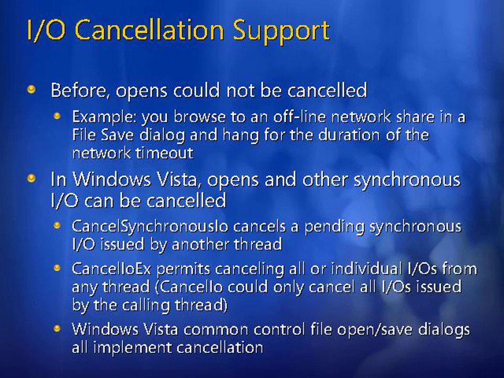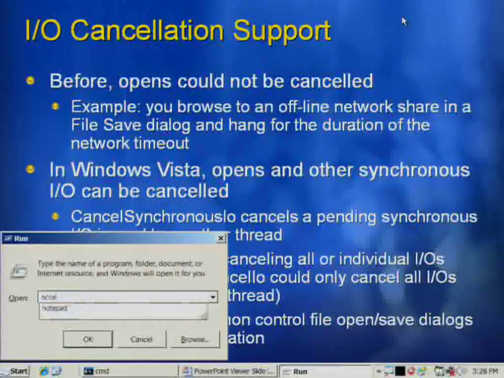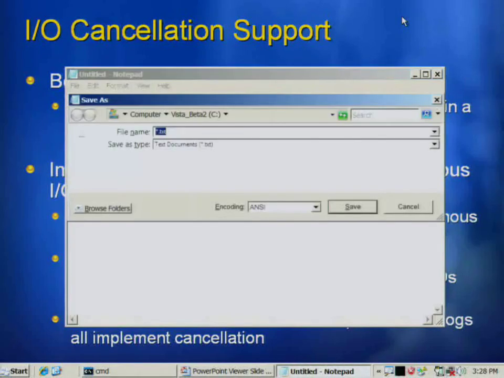Now this one has a direct end user benefit. Prior to Vista, an open could not be canceled. I/Os could be canceled with the CancelIo function. Now in Vista, there's a way to cancel an I/O with the new CancelSynchronousIo function. So that means if you're doing a net use or a net view, or let's do this example, I'm going to run Notepad and do a file save as and put